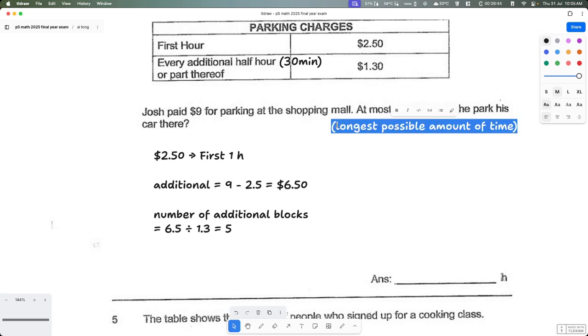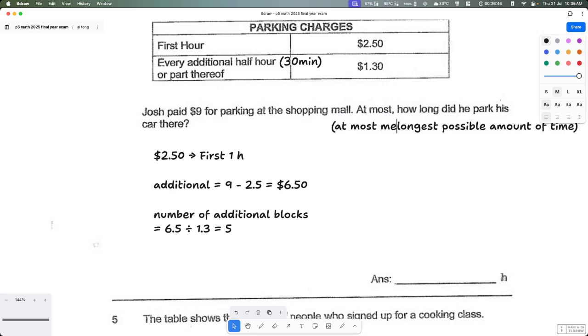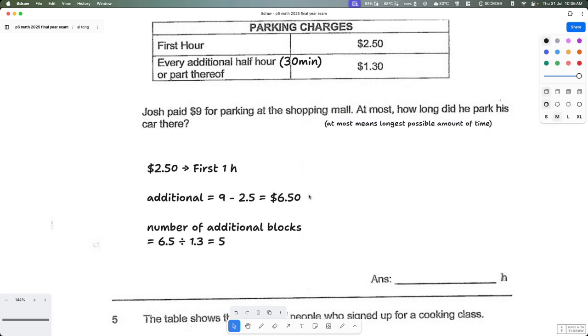Okay, at most means longest possible amount of time. So with this, we can just say the person just maxed out the half hour,